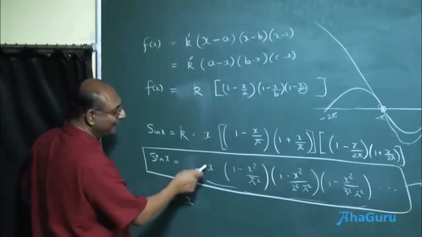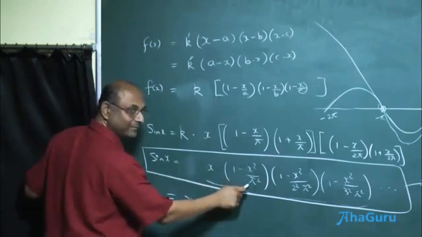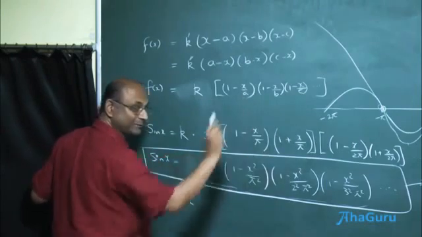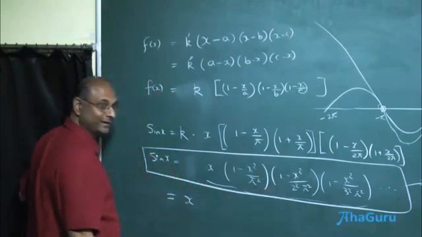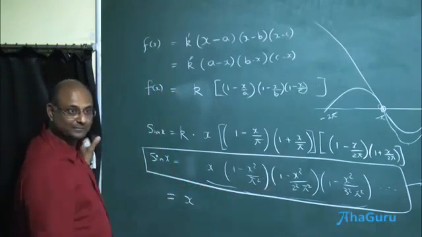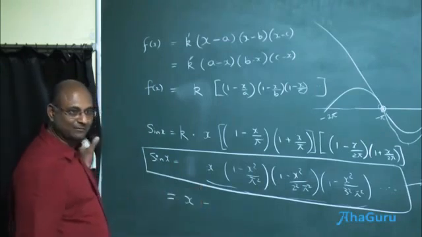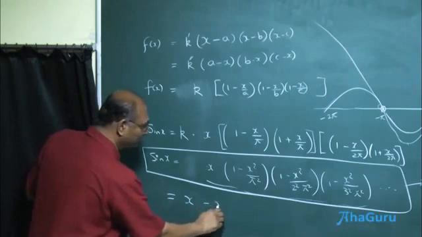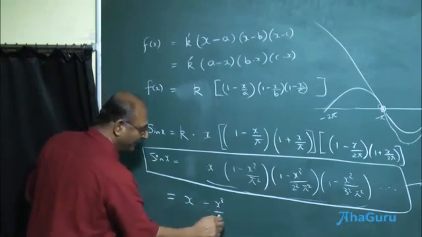x cube. So how will I get an x cube? 1x and then x square, after that 1, 1, 1, 1, 1. Or 1x, x square by 2 square pi square, and then everything else 1, 1, 1, 1, 1. So that means minus, because all of them had a minus, x cube times, and let me take all the pi square also outside.